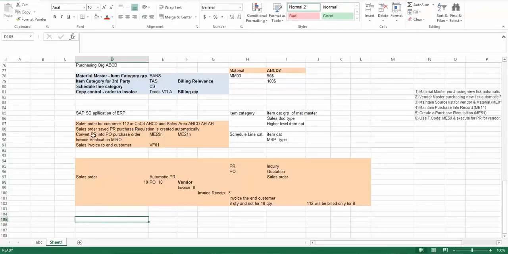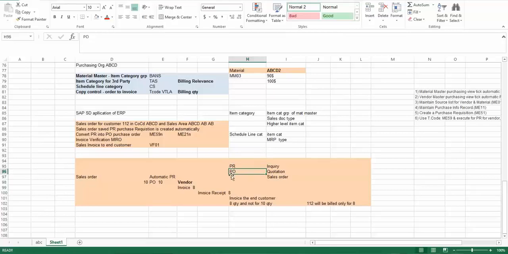So what happens is that in a PR there is no vendor finalized. It's just information that you have sent to all of the options that you have. You have numerous vendors who supply the same product. You give them a requirement like, I want this material, please quote your price and the quality of the product and the description of the product. Then the vendors respond back, and once they do, you choose the most cost effective vendor with good quality